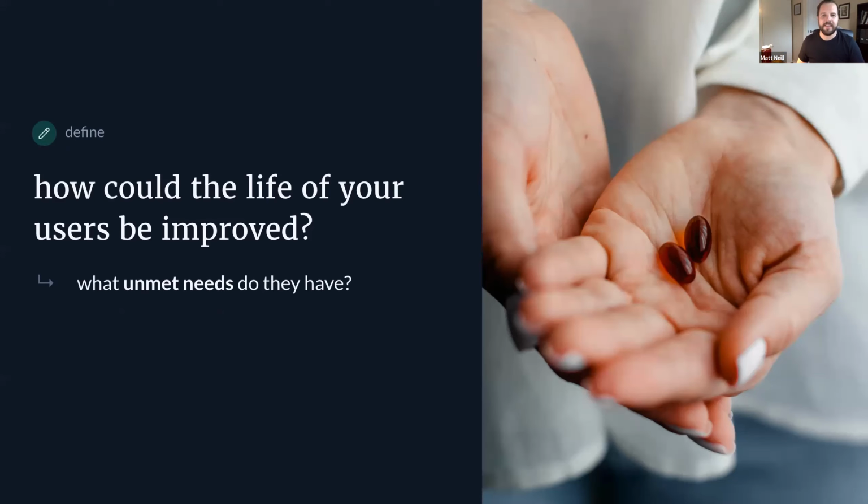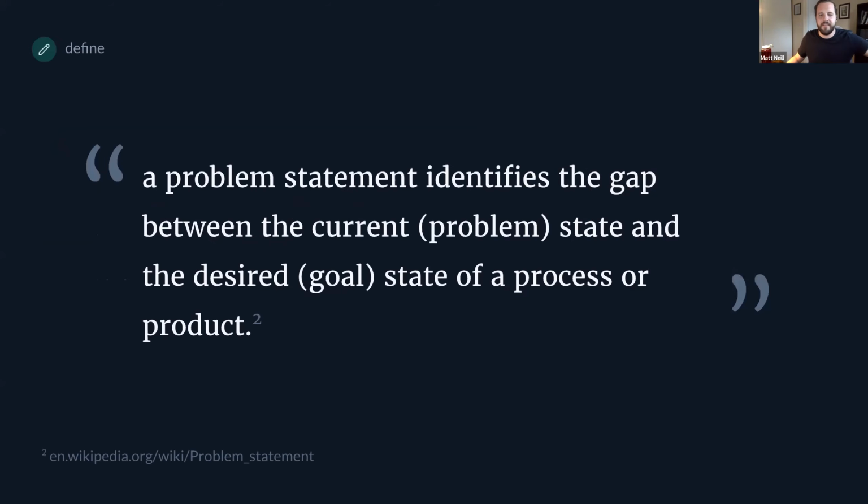Usually you have an idea that you're asking these types of questions on. So what you're trying to figure out is the gap between how people go about living in the world today and what the ideal state of that is, which gets into our problem statement that we're trying to define here. This is what I just said, and I actually just stole this one off of Wikipedia because I think it summarizes it pretty well. What you're trying to do with a problem statement is craft a sentence that identifies the gap between how people navigate the world today and their desired state of their process or that product.